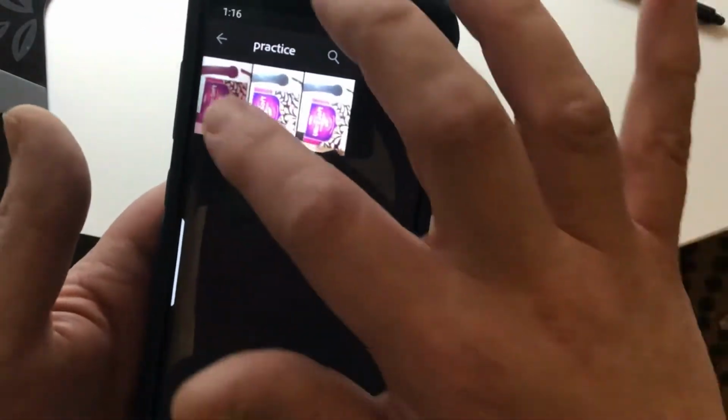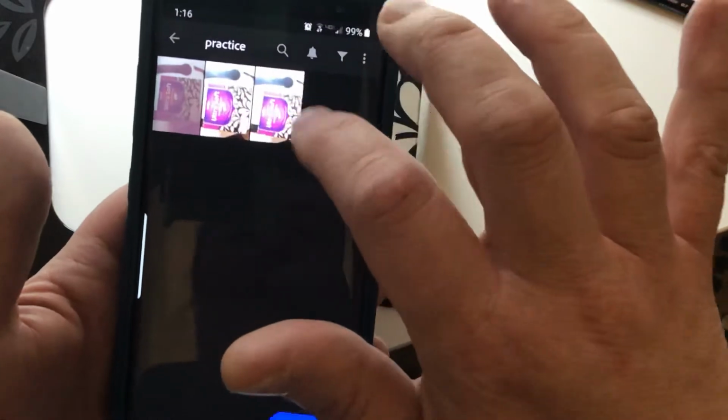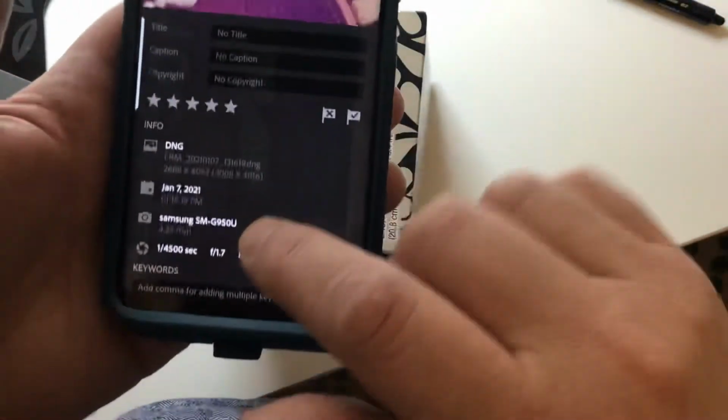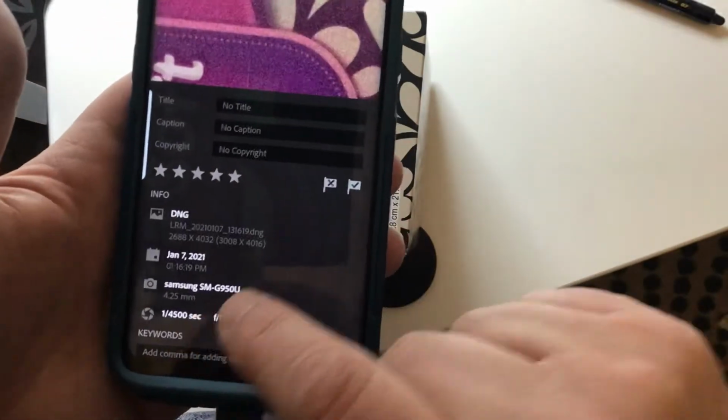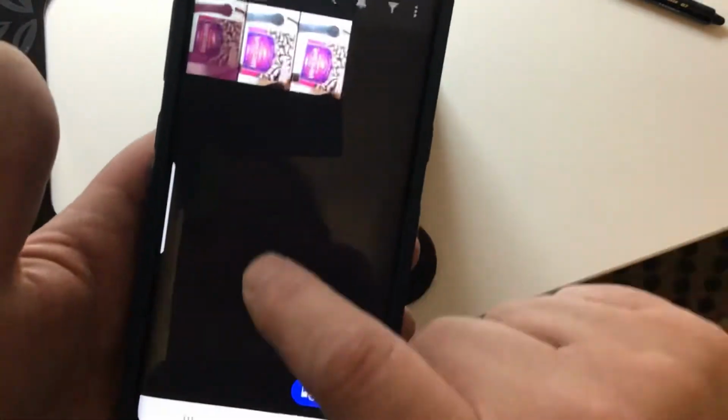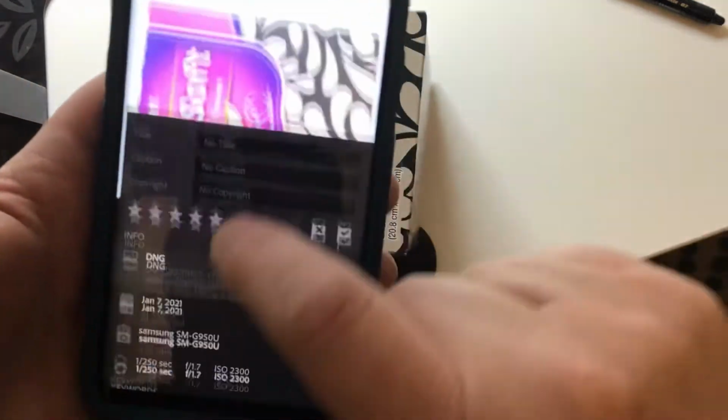So now that I have that done, hit the X up here, and I can see my 3 images right there. And I believe if I double click, it actually gives me, because I'm on my phone, the information. So this is obviously my 1/4000th of a second picture. This is my,